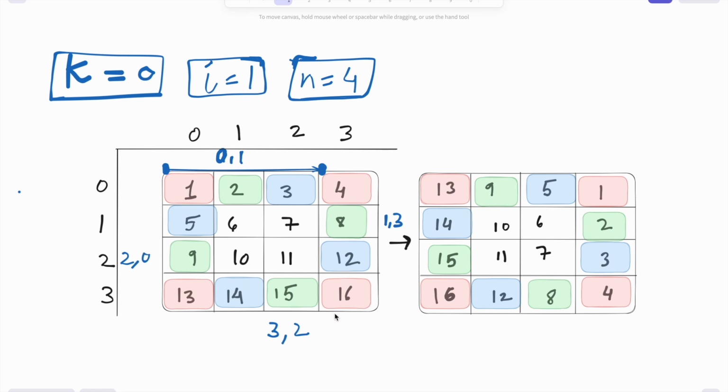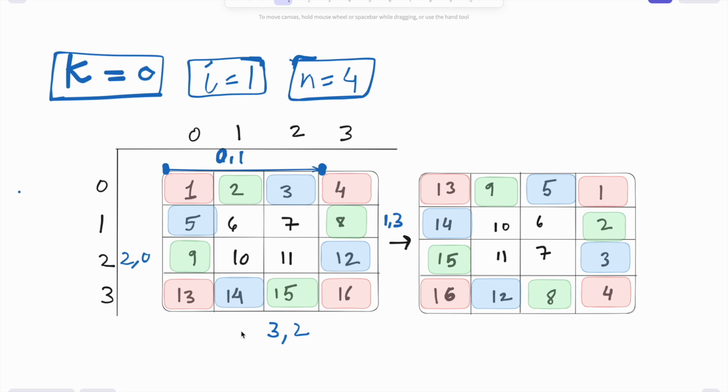I would like you to pause the video again and try to come up with a formula for each of these indices, like where are we getting these from. For example, here k is 0, so this must be k comma i-th index. Here it will be i comma n minus what. How will you determine that? Here, what is remaining constant? 2 goes to 8, so 2 goes to this position, 3 comes to the 12th position. The column number is not changing with change in i, so it must depend on k and n. So that's why it is n minus k minus 1.